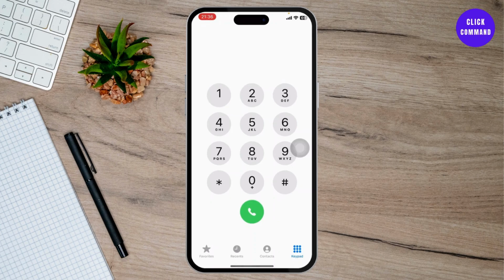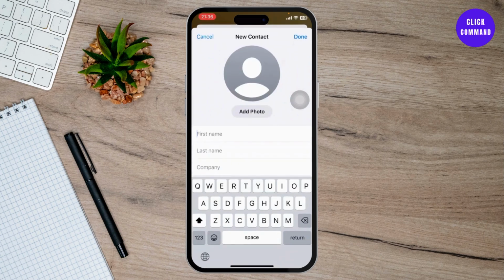So first open up your phone, and after you're on your phone, first you will need to know the contact's country code. So let's say if someone is from Spain, you'll need to type in +34, and after you do that, follow it with numbers. After you do that, you will see that it is Spain's phone number with 9 digits to follow, which is Spain's phone number format. So add it to your contact, tap on the contact and tap on create new contact,